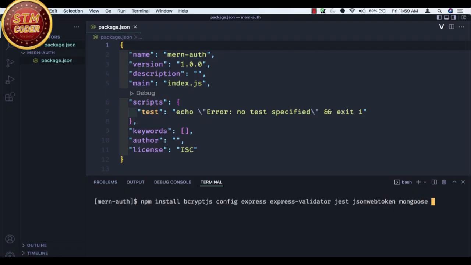Now, if I want to suppress the deprecation warning and warning from not having a repository URL set up in my package.json, I can specify --loglevel=error. And that will show only errors. However, it is good practice to see what you are getting as deprecation warning and so on, so that you can take care of problems beforehand if they are severe enough. So I'll remove this. We want to see the deprecation warnings. Okay, now let's press enter.